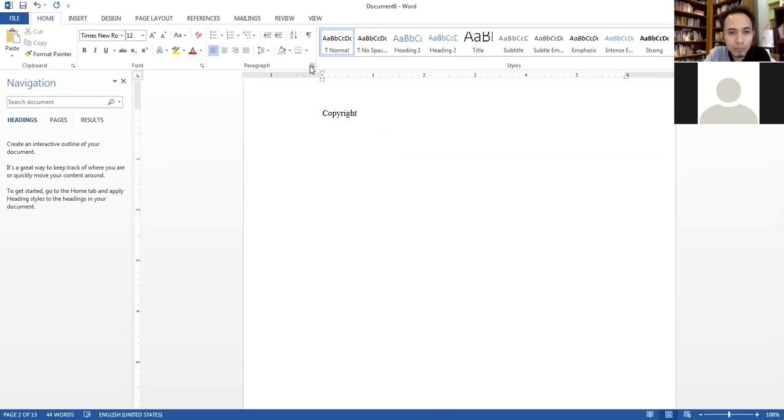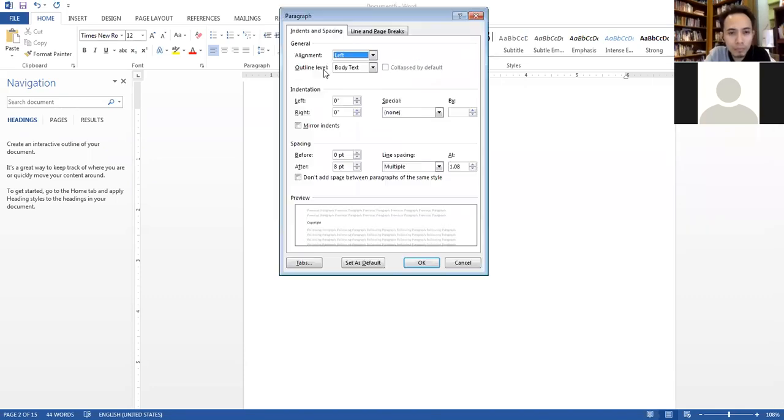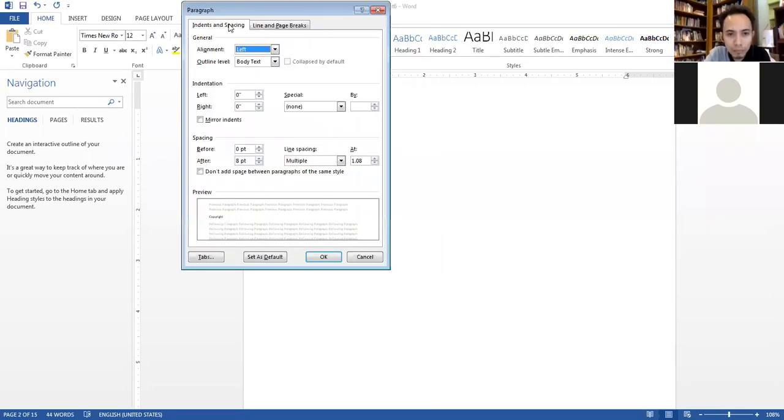Then I go to paragraph, and from the indent and spacing, general, I focus on the outline level. Body text refers to the paragraph text inside your document. But when you click here, you can see that there are level 1 up to level 9.